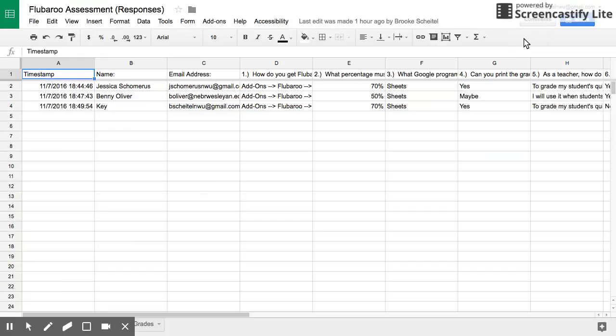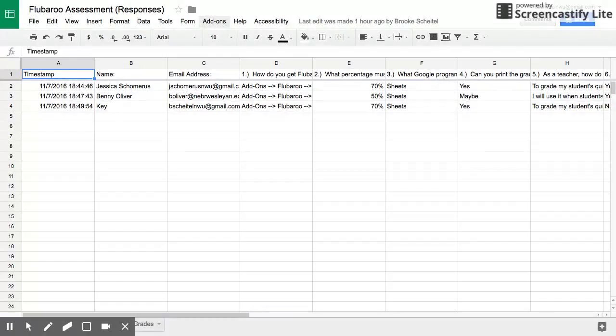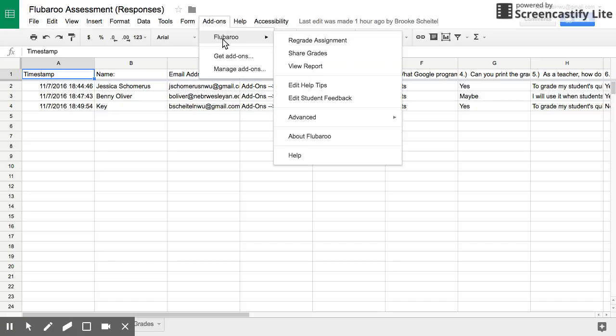Once it has been downloaded, you can begin grading the assignments that you want it to do. This is extremely nice for when you have quizzes or tests that are multiple choice especially, but even short answer and fill in the blank can also be graded in a simple manner. So in order to grade the assignment, you click on add-ons, Flubaroo, and in most cases this would say grade assignment, but because I have already graded it and done everything up to this point, it says regrade assignment. So you will click on it,